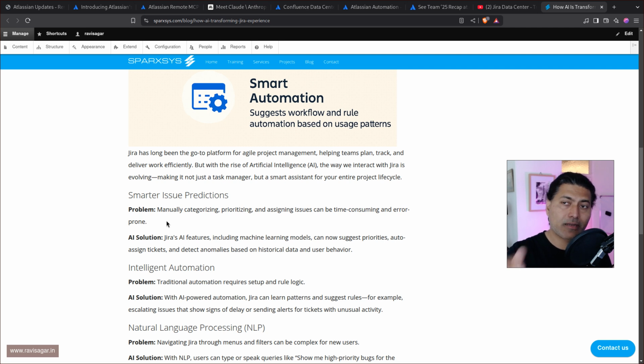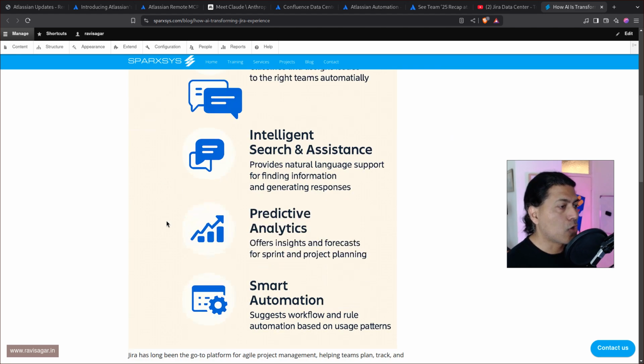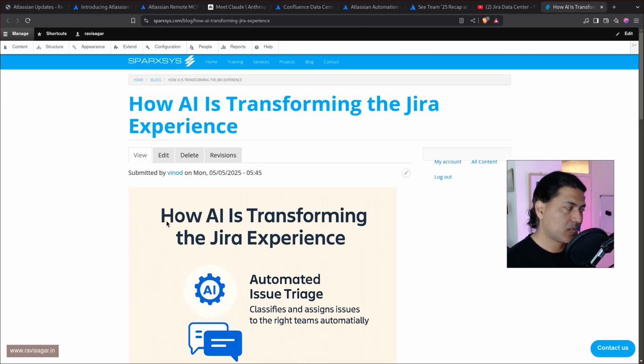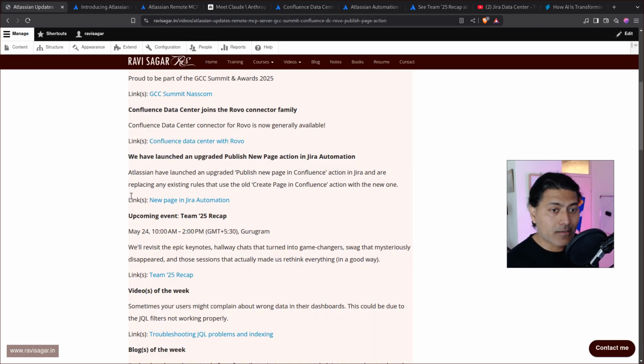based on the content of the ticket or the content of the email, by reading the email and of course trying to understand the context, you can potentially eliminate this. And I think AI has reached that stage where you can rely on AI to do this initial triaging and prioritization. So in this blog post, we actually talked about these common problems and potential solutions using AI. And that is it. That is all I have for this week's Atlassian updates.